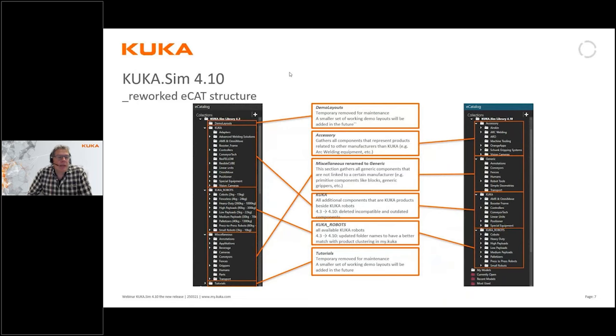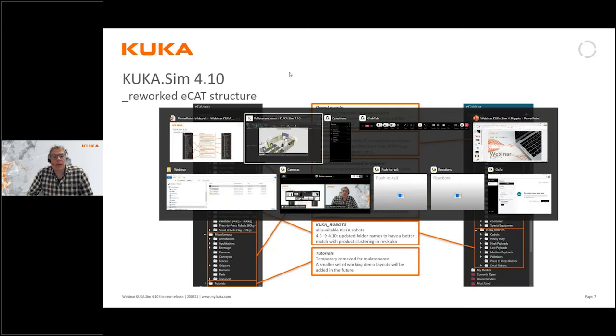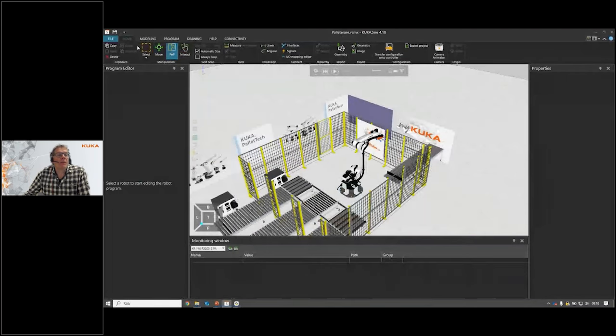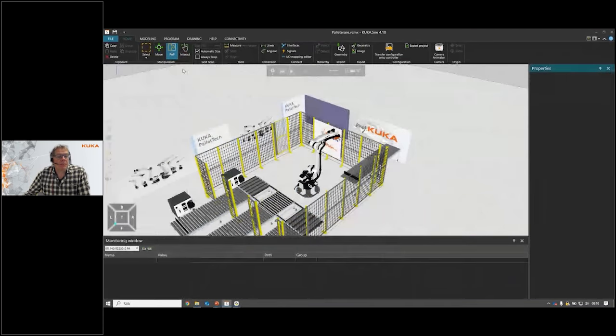This will take some getting used to, but as soon as you get that done, it is actually quite obvious. The reason why we do this is to follow the structure we have on My Kuka and our marketplace. So at the end, it will be easier for everyone. So when we look in KukaSim and we bring up the e-catalog,